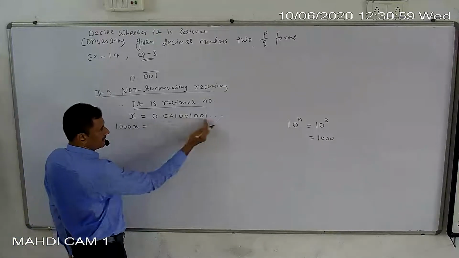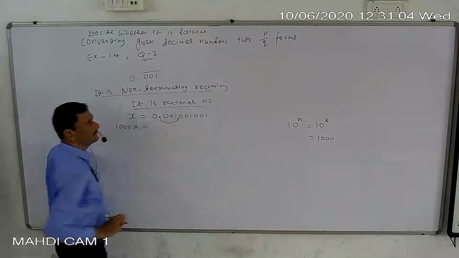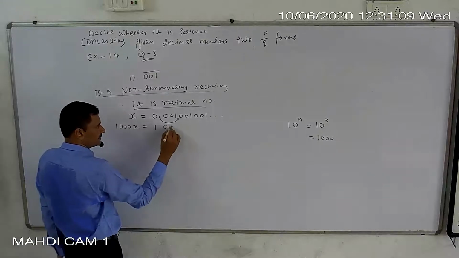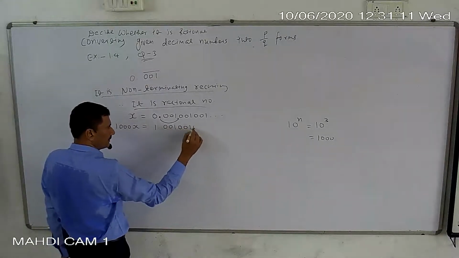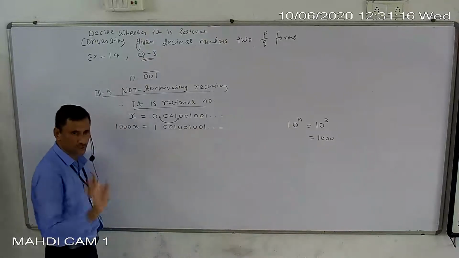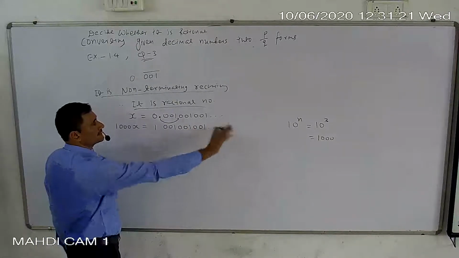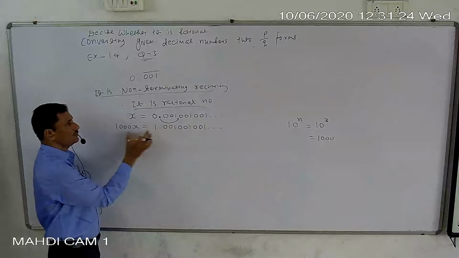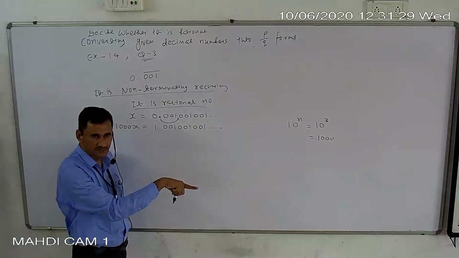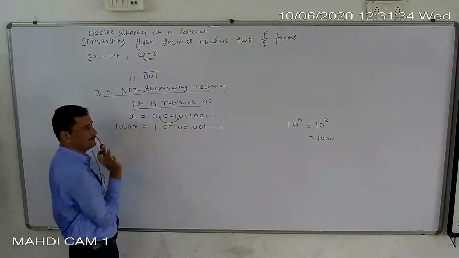Now, if you multiply this number by 1000, this point shifts 3 places toward the right side. So it will become 1.001001. If you want, write down extra also. How many times it is written, that is not important at all. So many, 1000 times or lakhs of times it is repeating. Okay, so that is our first step. Multiply by 10 raised to n. Here 10 raised to 3 means 1000. How to multiply, that is very simple.